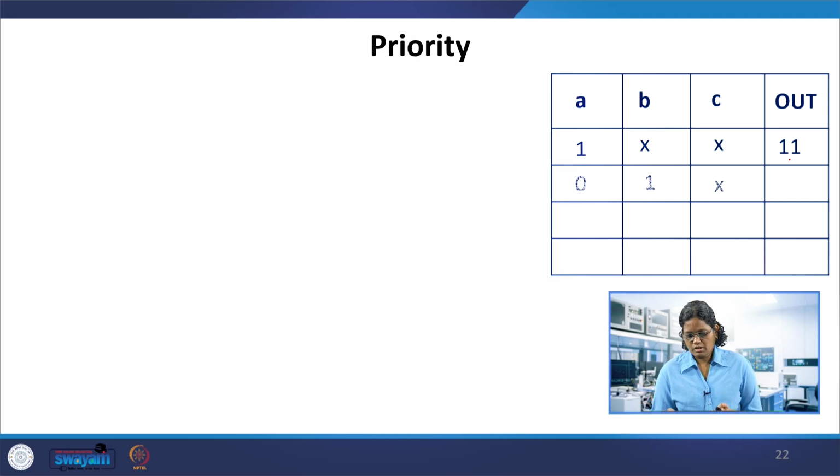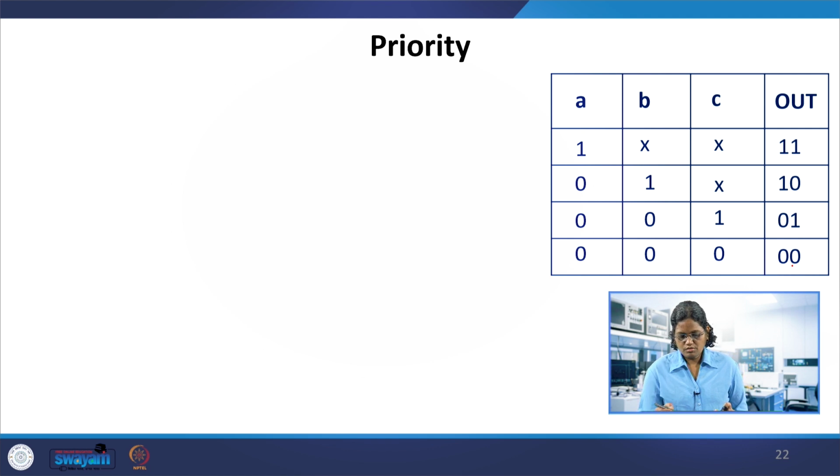Next, if A is 0, B is 1, in that case C can be anything, 0 or 1. What is the output? It is 1 0. This is the code which is assigned here. And if A is 0, B is 0 and C is 1, then assign the output as 0 1. If all of them are 0, give 0.